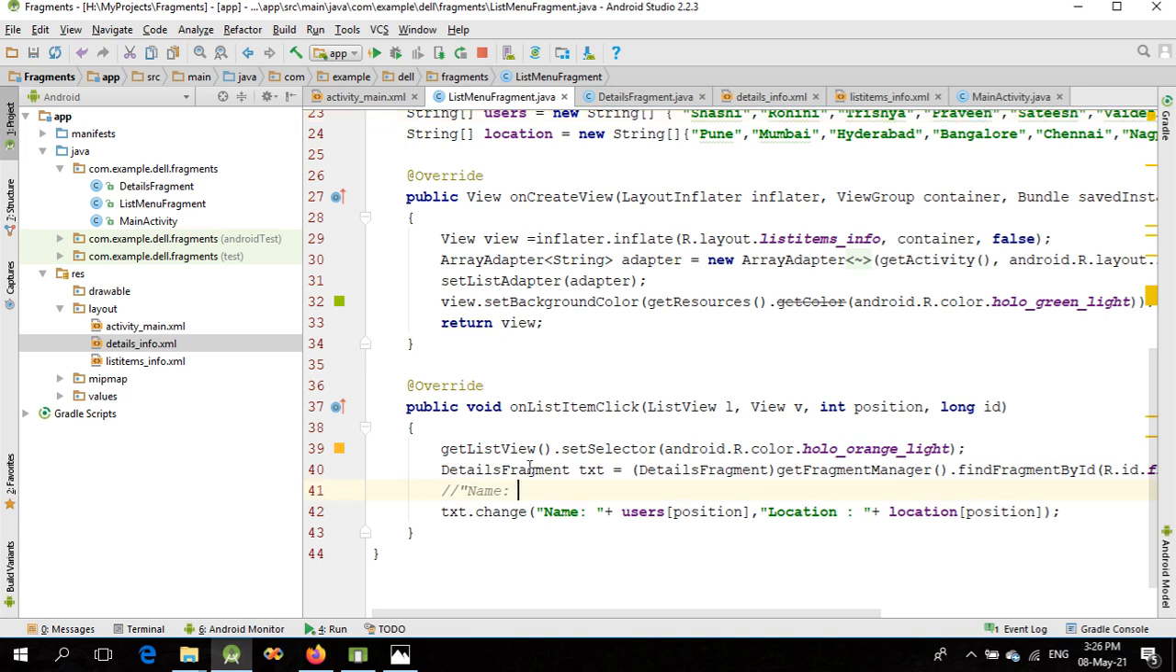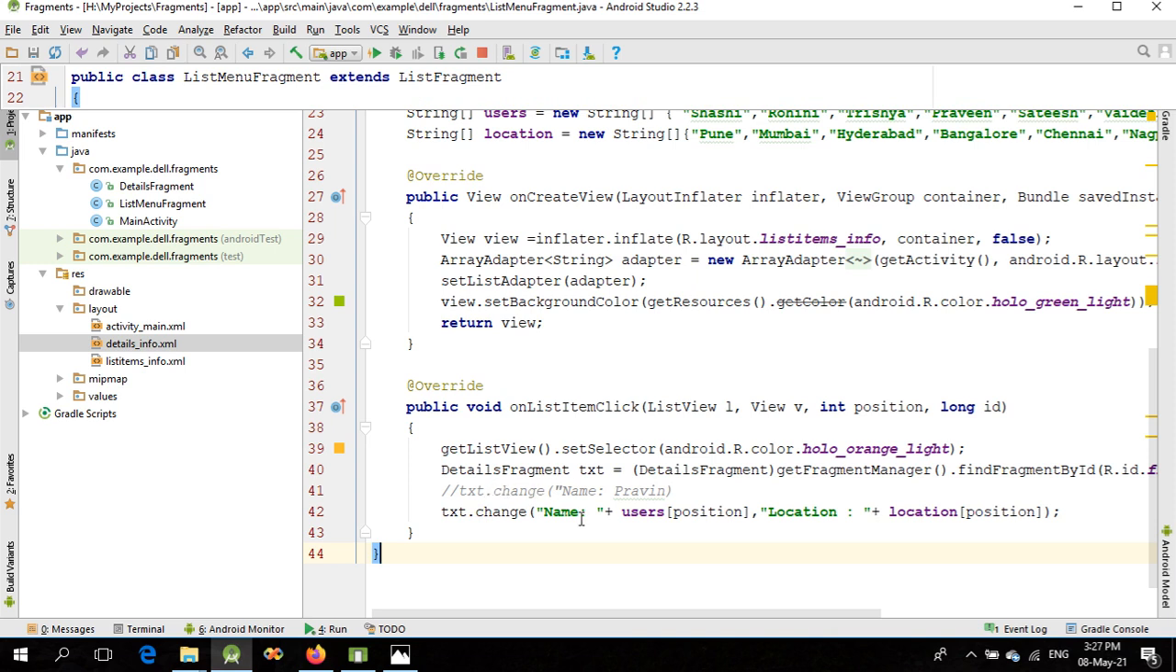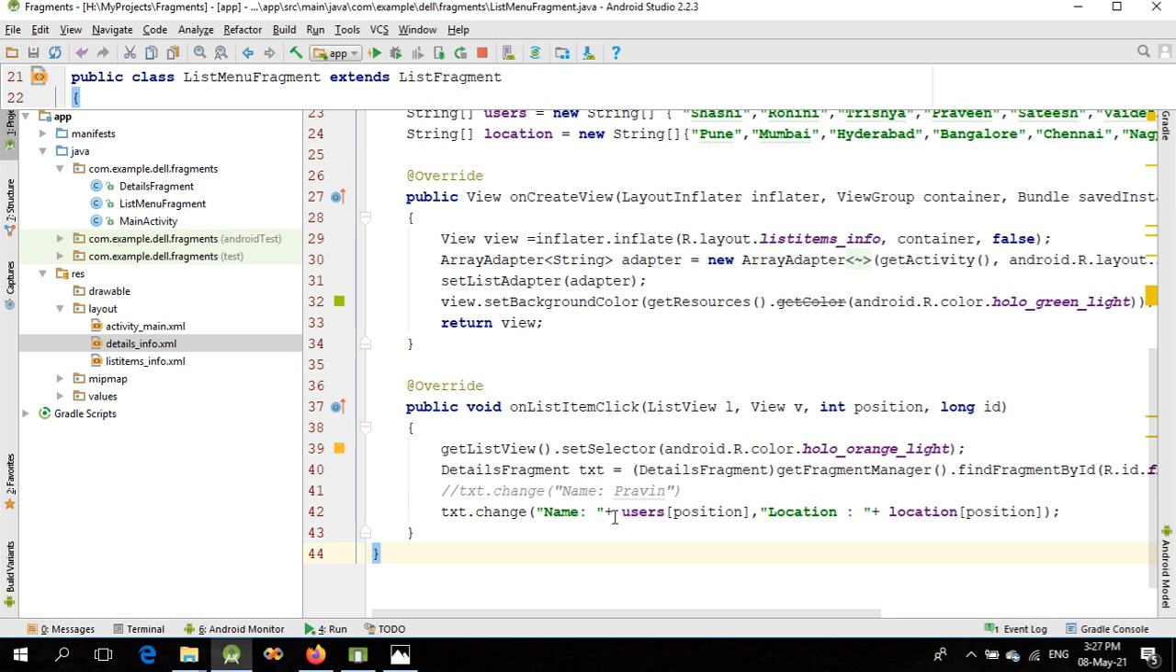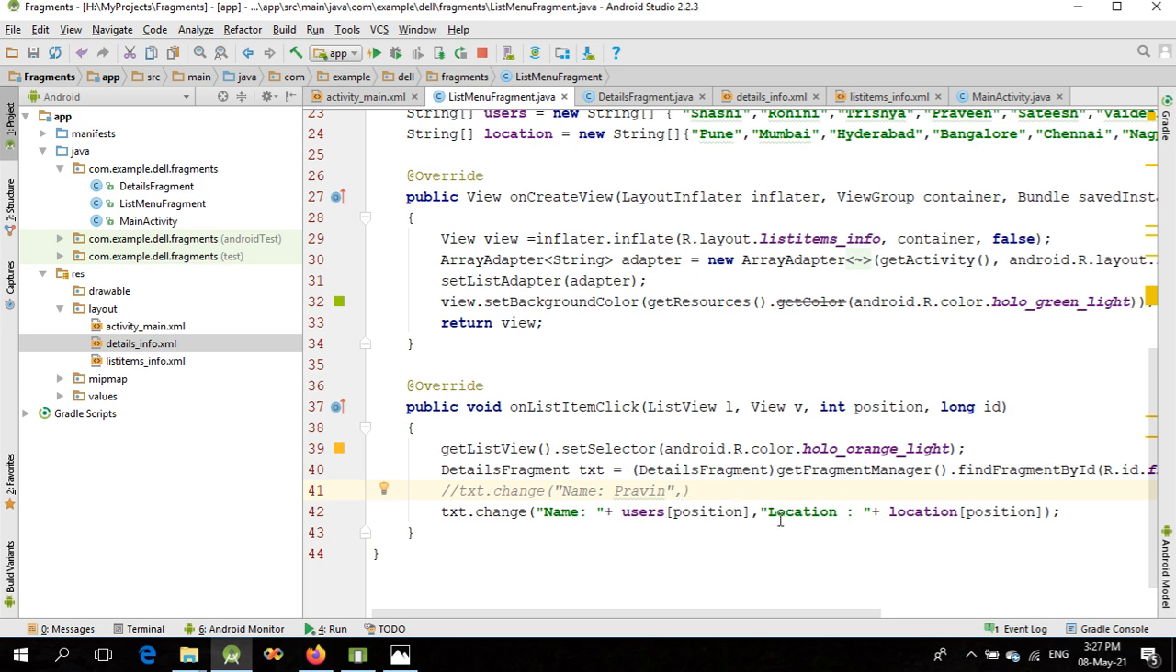So here it will be like this one, right? And then the txt.change function will be interpreted like this one. So txt.change and the first parameter will be like this one. Here it will be closed, name, then space, then Praveen. Now the second parameter will be like this one. Again there is a static string that is called the location. So it will be like this one,